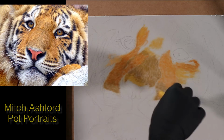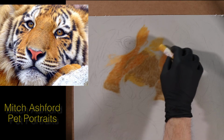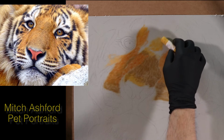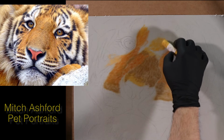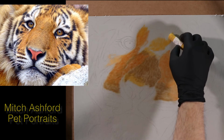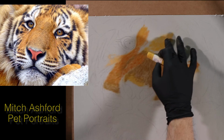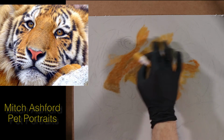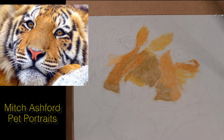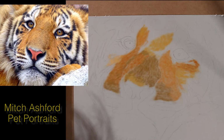23 minutes in. We barely got anything on the face done. That's okay. We're talking about the technique, playing around with this stuff. So you want to sort of get it close to the color that you want. Get you a nice blend. And then as we come down, we're going to make it a little darker with the